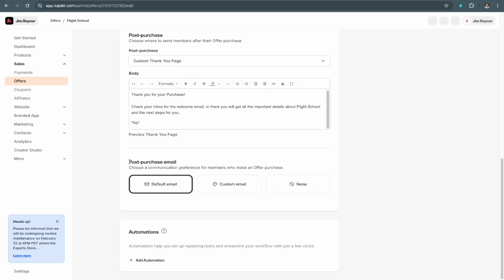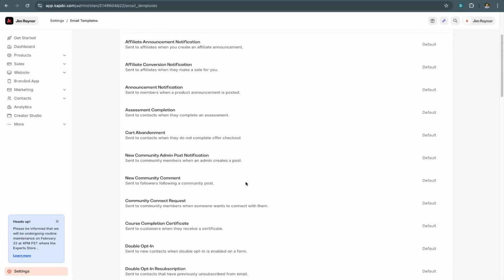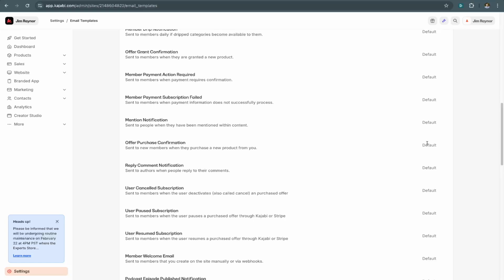But there's more to that. There's also an email. And the default email is a templated email that Kajabi will send that basically just says, you made this purchase from this place. And you can see that here. So let's just go into settings. We'll go into settings and we'll go down to email templates. And here is all of the emails that Kajabi sends. Offer purchase confirmation, and